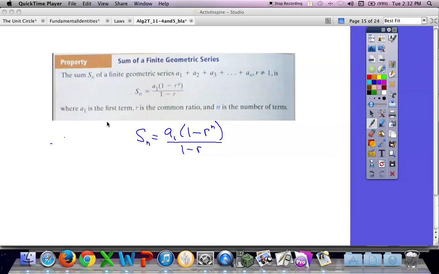Okay, so the sum of a finite geometric series, which is important because we actually will learn that sometimes you can add up an infinite geometric series. And so we're going to have two formulas that come out of this. This is the one for finite. Again, all the three things that we need to know: first term, common ratio, and